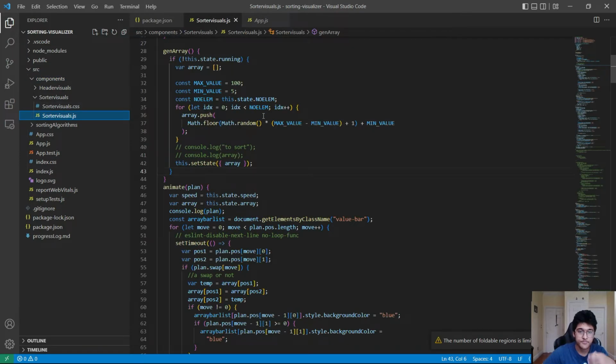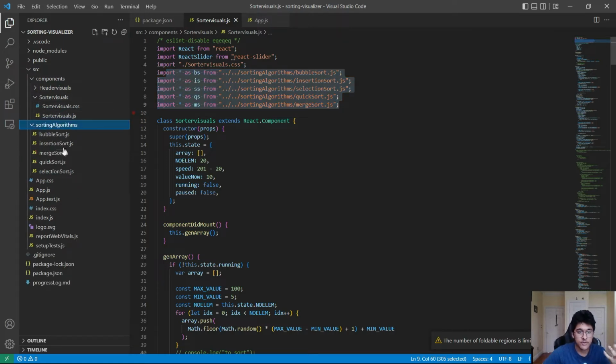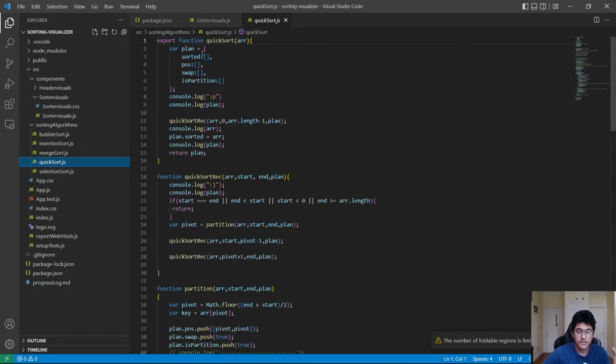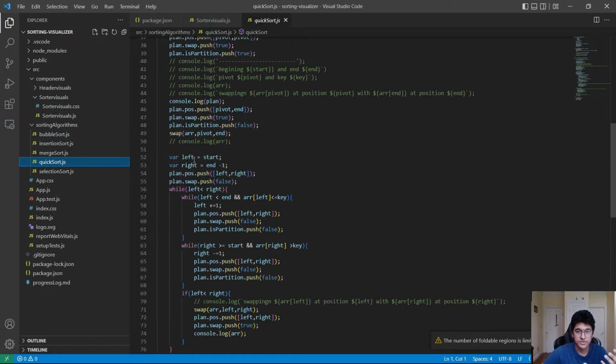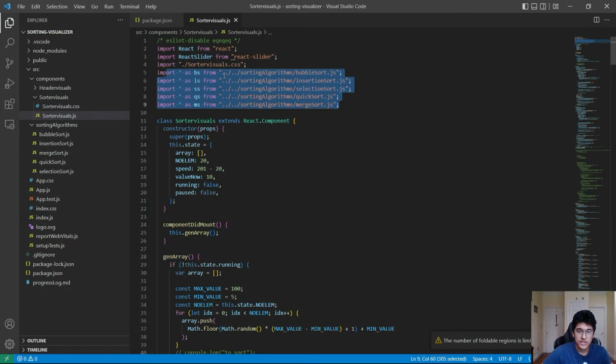So if I go here, you've got all this code. I'm just going to quickly go through it. So here I've got the sorting algorithms. I'll just take a look at that real quick. So if you've got bubble sort, insertion sort, all of these are coded up, and they export the function to our component, like export function here. I'll get into some problems I ran into there later, but just to give an overview, we've got some state